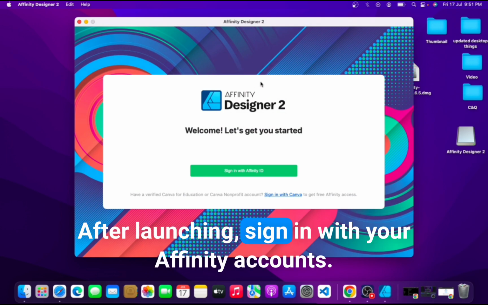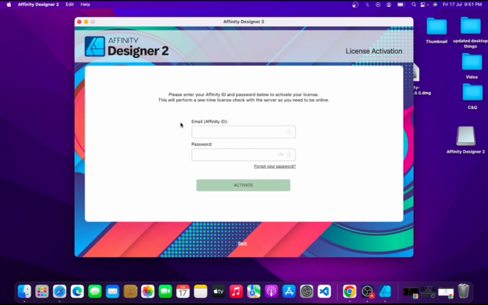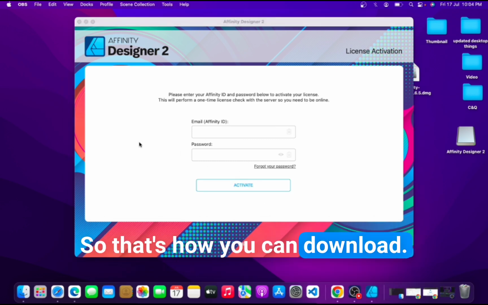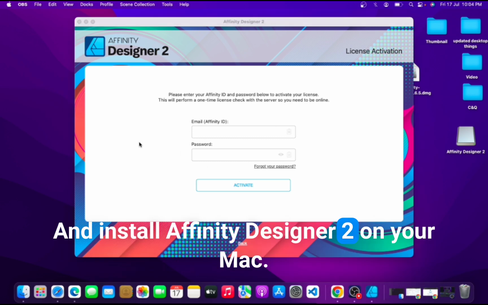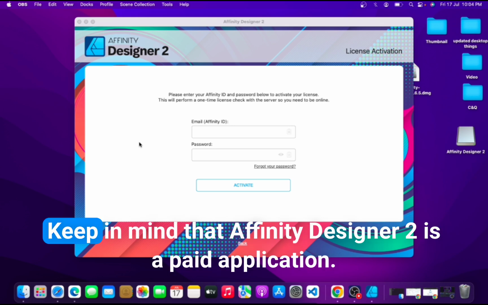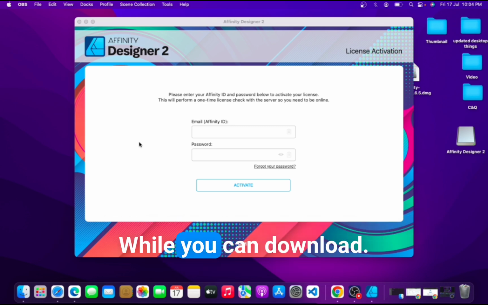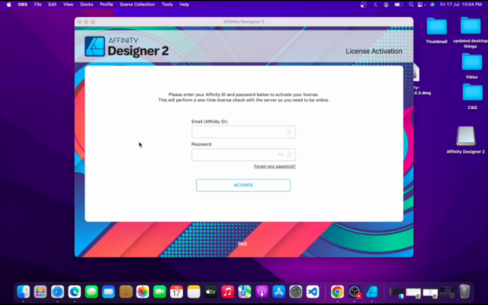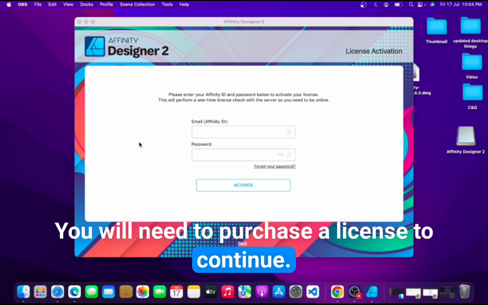After launching, sign in with your Affinity accounts. Currently I do not have Affinity account. So that's how you can download and install Affinity Designer 2 on your Mac. Keep in mind that Affinity Designer 2 is a paid application. While you can download and install it for free, you will need to purchase a license to continue using all